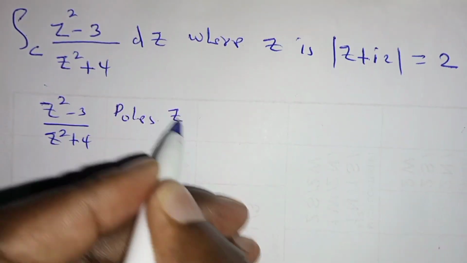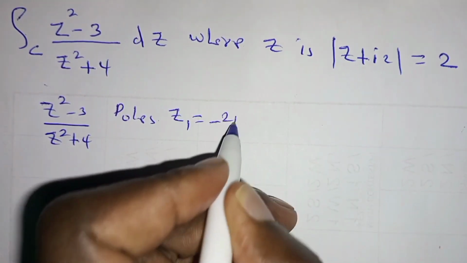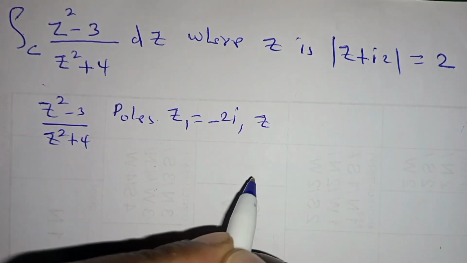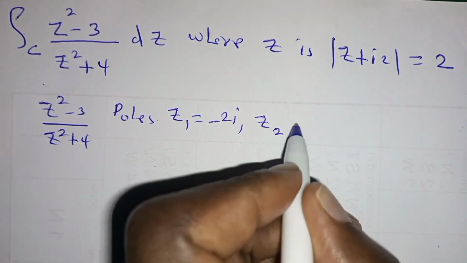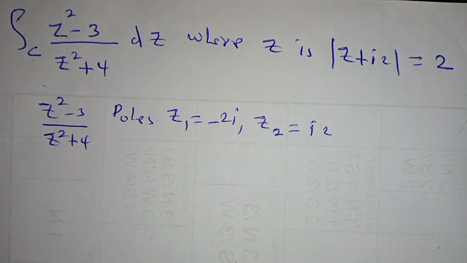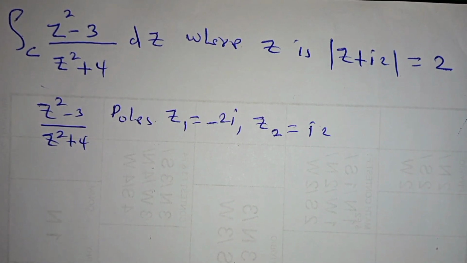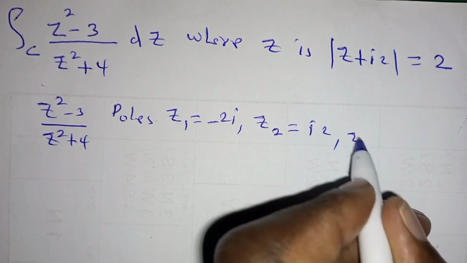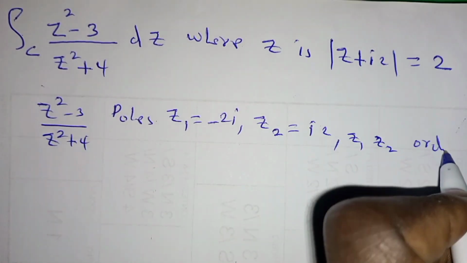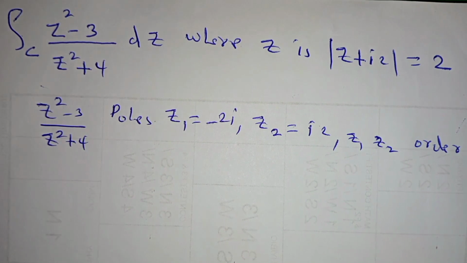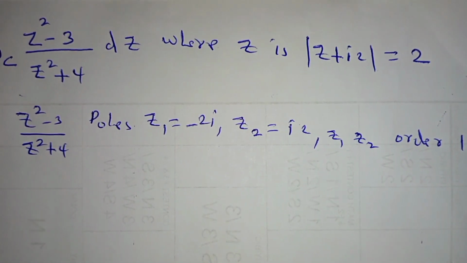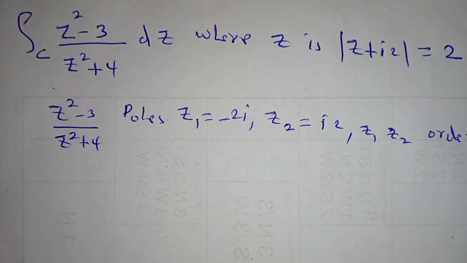We have z1, which is equal to negative 2i, and also we have z2, which is equal to 2i. Then after identifying the poles, we identify their order. Both z1 and z2, all of them are of order 1. After identifying their order, you check whether these poles are inside or